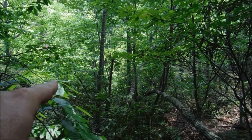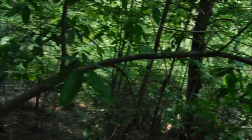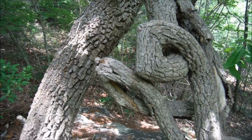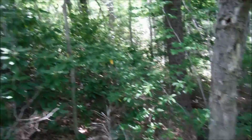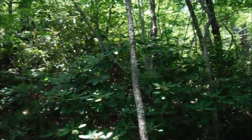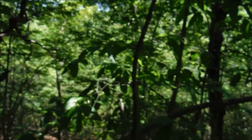Just over in there is the creek. You can hear the water flowing pretty good. Check out this wild vine here. That's pretty cool. Anyway, the cliffs are back up in that direction, and it was very intense getting down in here, but we've